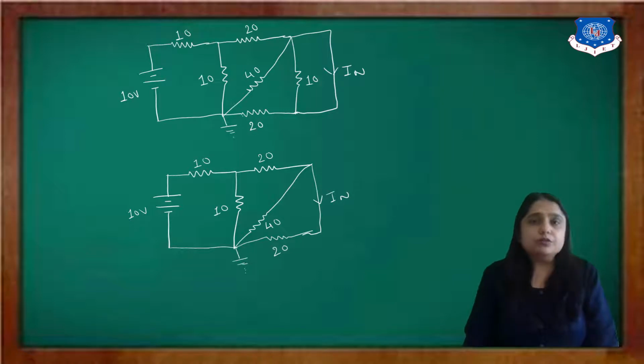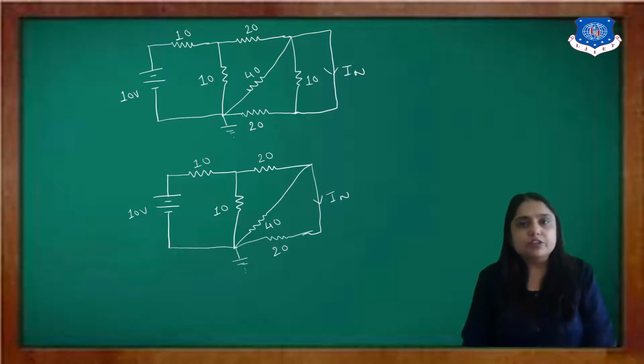Here if you want to use mesh analysis, then you have to write down the 3 different mesh equations, and then based on those equations you have to use the substitution method or matrix method, and then you can easily find out the current IN. But that method is simply longer than any other method. And if we want to use node analysis, that is also a bit difficult for this particular example. So what will we do? We will use source transformation.